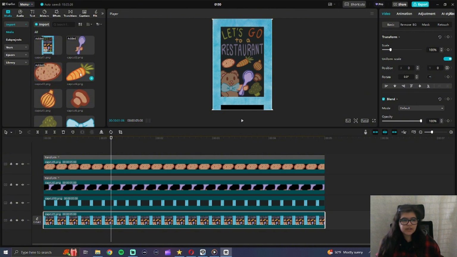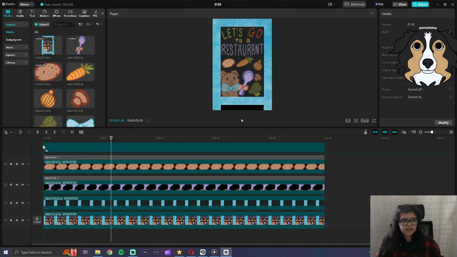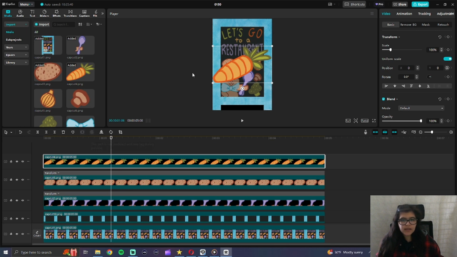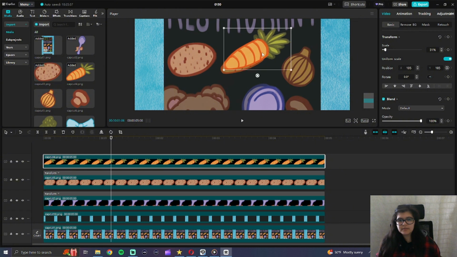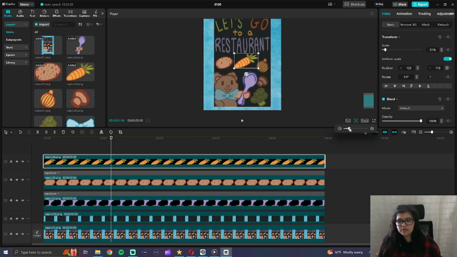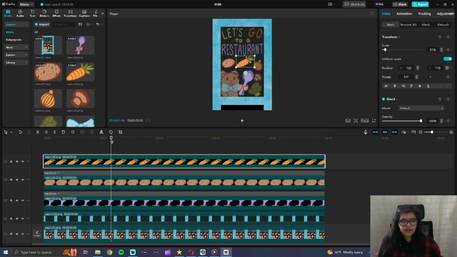So next I'm going to click on the caret. I'm going to drag it and drop it on the top. I'm going to resize it. So the same thing that we were doing earlier, where we bring in our element, we drag it, we resize it, we go to the magnifying glass and we zoom in so that we can resize it better. And then once you have it where you need it to be, go ahead and zoom back out